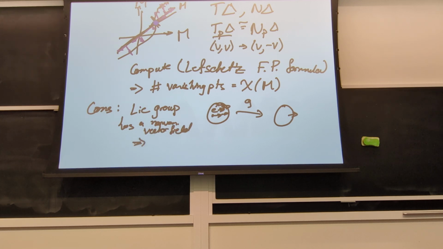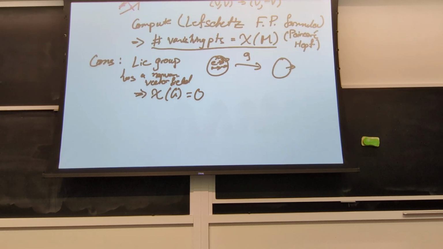And this implies that the Euler characteristic of this Lie group has to be 0 because of this theorem. This is called the Poincare-Hopf theorem, one of my favorite theorems. And this implies that, for example, for surfaces,